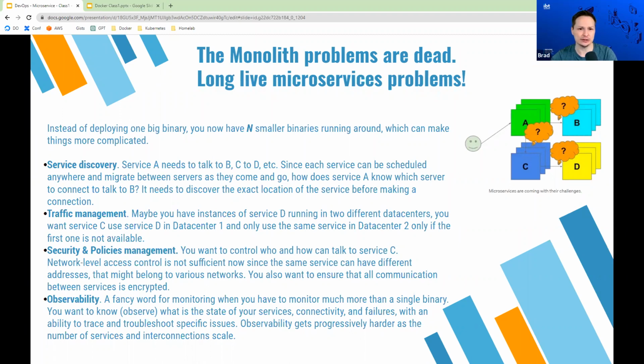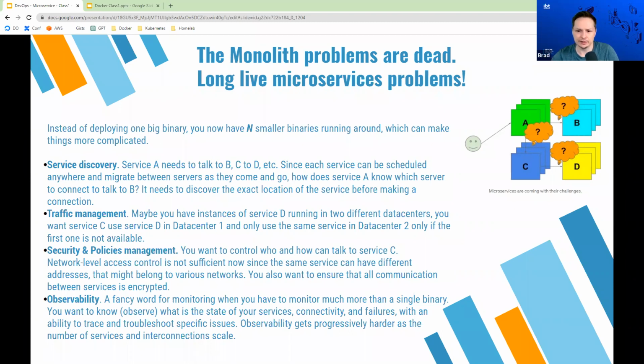We need to make sure that microservices are only accepting connections from other microservices that they expect that should be calling them, right? Like the payments application only expects certain microservices to talk to the payments app, right? So you need to implement security at the microservice level.